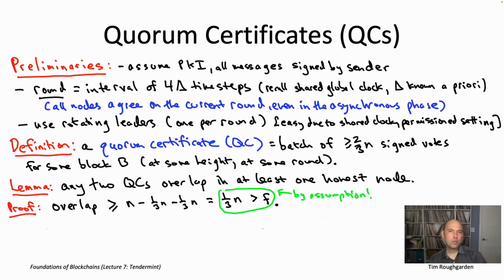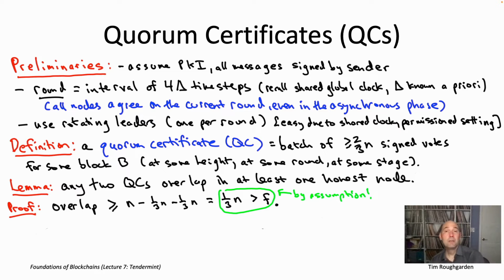The other tweak I want to make before we get to the pseudocode: I've oversimplified slightly on this slide by talking only about block heights and rounds. Actually, as we'll see on the next slide, each round has two stages of voting. So a QC is going to be specific not just to a block number like block number 9, not just to a round like round 117, but also to a stage of that round, which will be either stage number 1 or stage number 2. Those are the only two options.